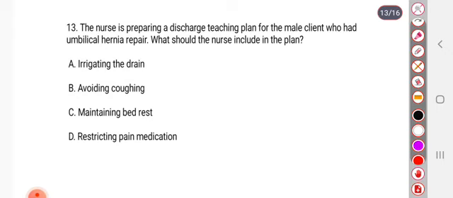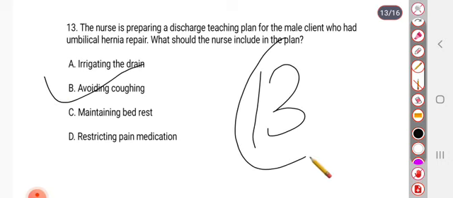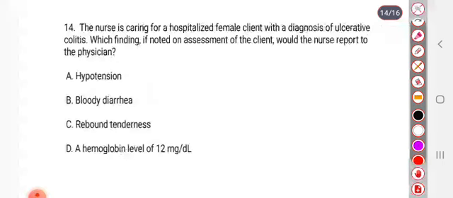Option A is irrigating the drain. Option B avoiding coughing. Option C maintaining bed rest. Option D restrict pain medication. Option B is right. Avoiding coughing. Next, the nurse is caring for a hospitalized female client with a diagnosis of ulcerative colitis. Which finding is